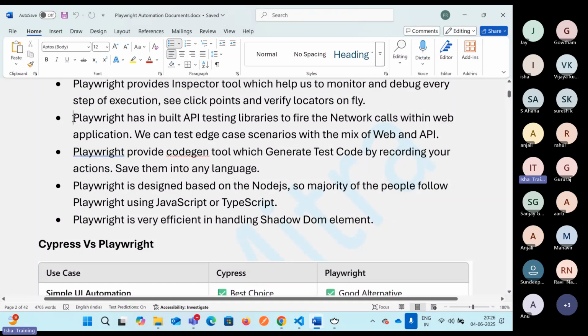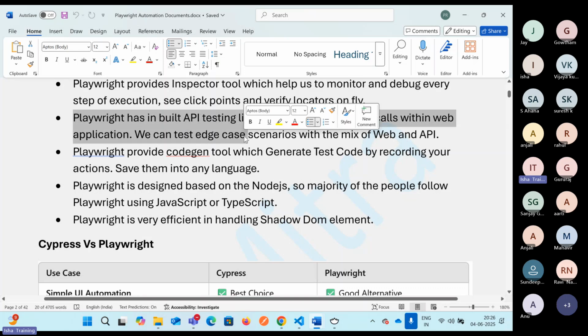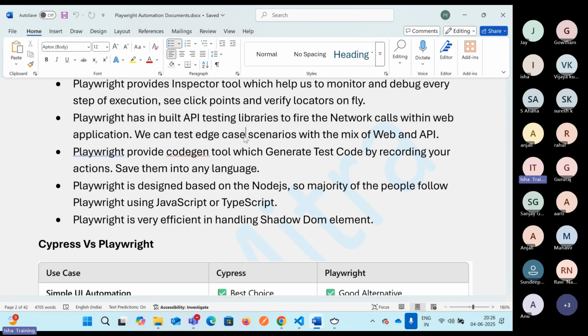Earlier, when we talked about the benefits of Playwright, there is one more: Playwright has built-in support for API testing. That means it by default supports complete API testing as well. We can take the help of API, since sometimes we'll have some edge case validation. Let's say you are working on an e-commerce application and you have logged in using your credentials. It will generate a user ID for you. And when you try to access the API by changing your user ID to some other user ID,